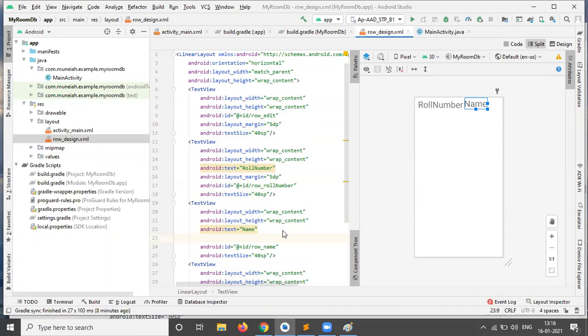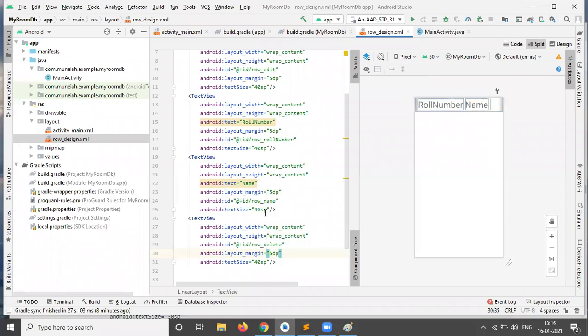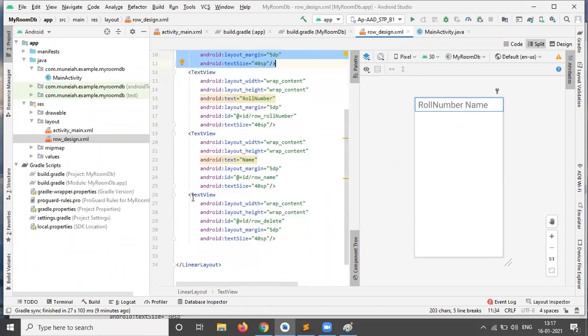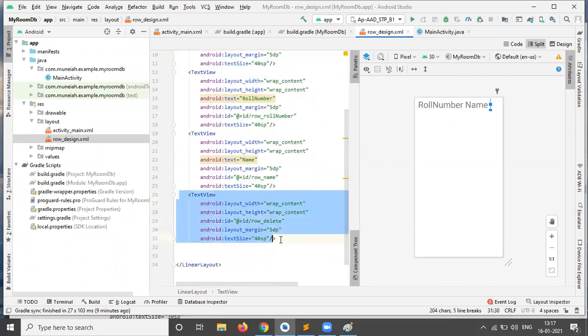Same way, the last text view margin is 5 dp. So there will be a gap of 5 dp space. Next, I need to add a background icon, the edit icon, and in the same way the last text view background icon is the delete icon.